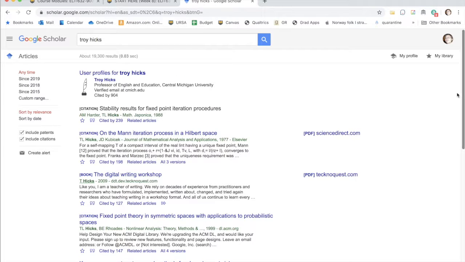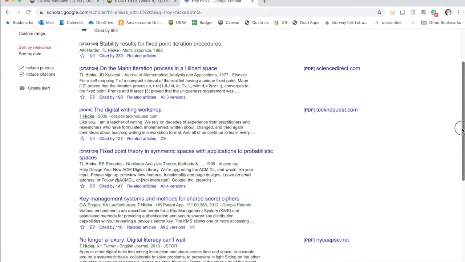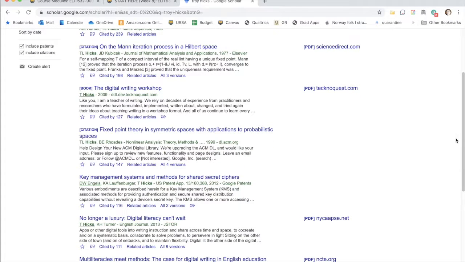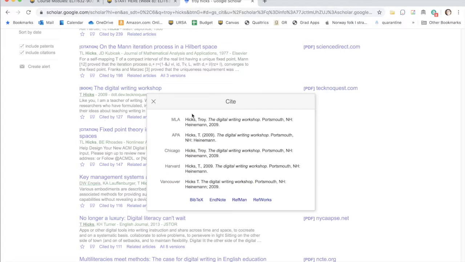So if I were trying to gather references for Troy Hicks and put them into a Microsoft Word document, I'm going to look for my Troy Hicks rather than the math professor, who's a different Troy Hicks, it looks like. So I've got The Digital Writing Workshop. And look, I've got a little quotation mark right here. That's the citation. I click that, and it brings up a little box that has MLA format, APA format, Chicago,